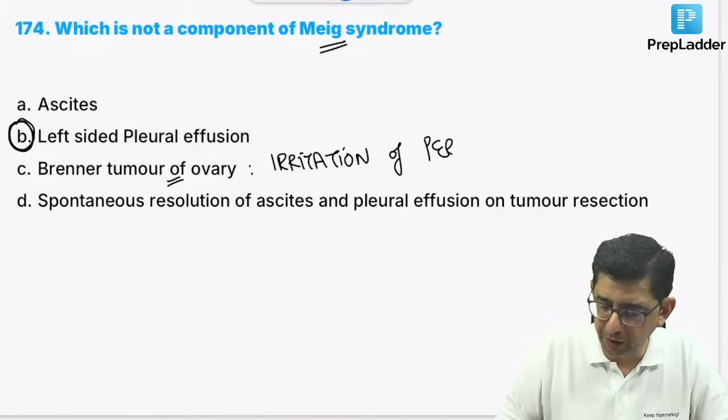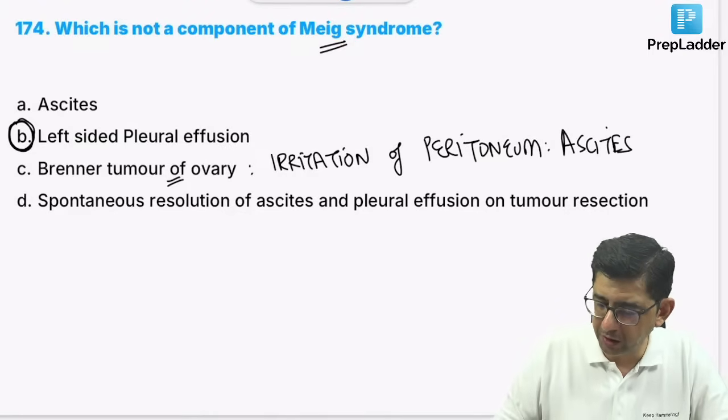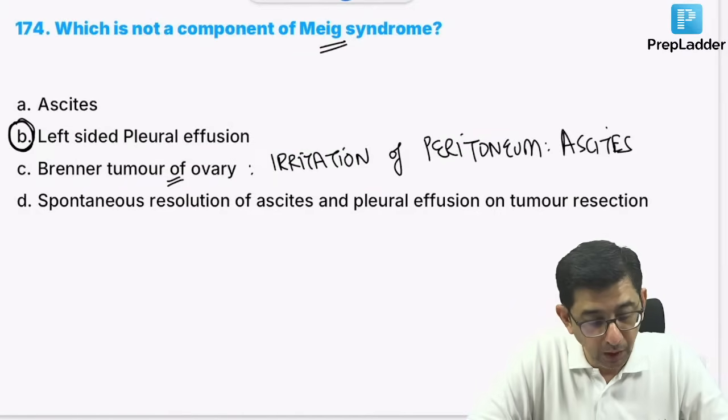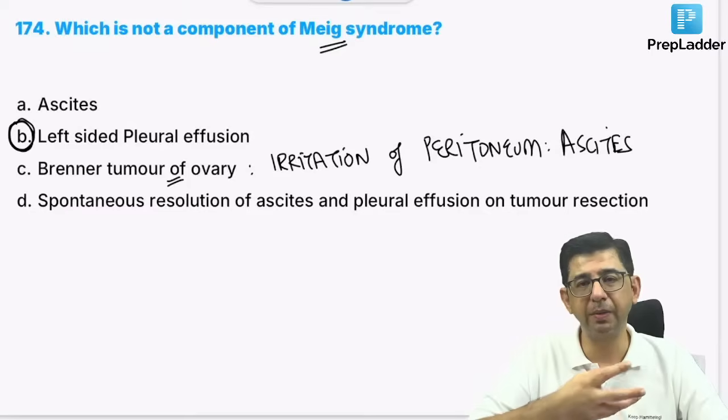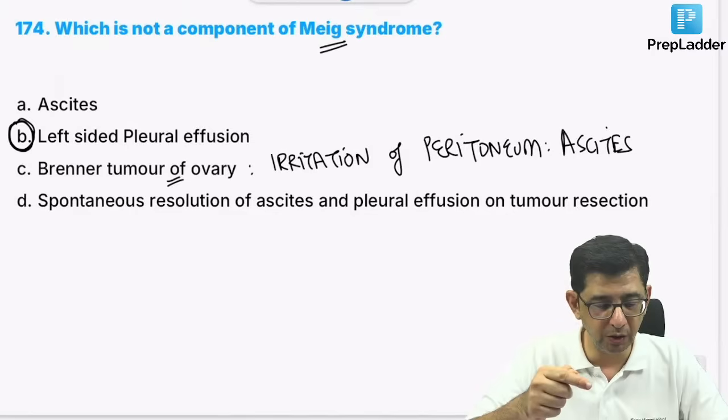Irritation of the peritoneum will contribute to ascites in a patient, so that is understandable. We will get ascites in this case. Any ovarian tumor can contribute to ascites. Why a hydrothorax? Because the transdiaphragmatic spaces are connected to each other via transdiaphragmatic holes, and these holes are going to be